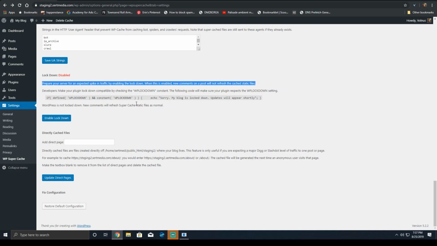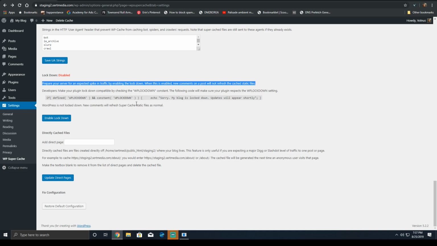Say you're getting published on a very large editorial website and you're expecting a large increase in traffic. This will stop the cached pages from being purged when a comment is made. If you have a very popular piece, you will receive a lot of comments. Caching the page and constantly recaching it and deleting it because new comments are being submitted is really slow